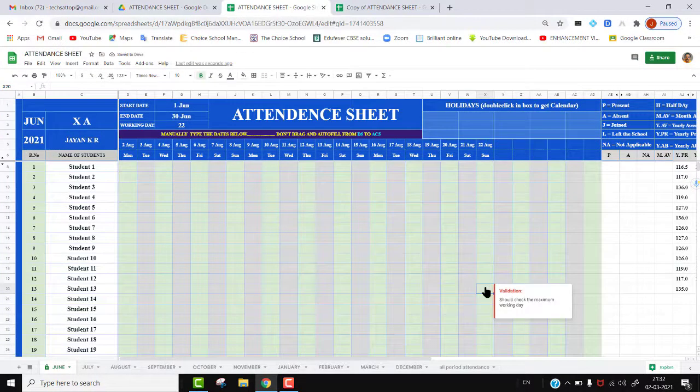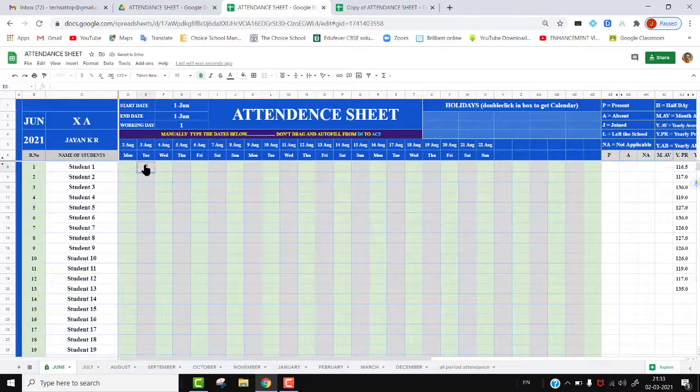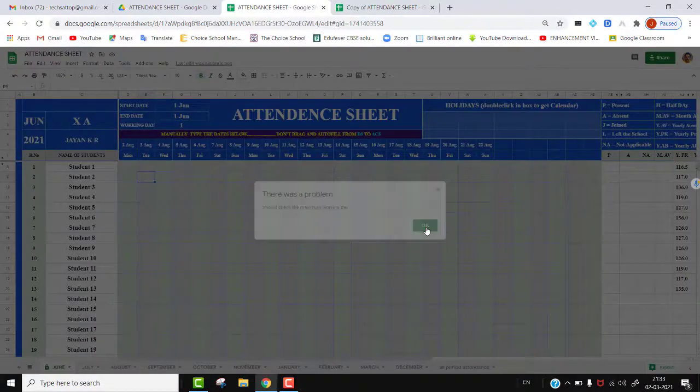The same formula we can use in the present absent marking sheet also. Same formula. So how can we do this? You have to do it in all the cells once, then you can copy to all cells. Here in the first cell, when we are marking P, it will be allowed. Why? Because it is 22. Till 22 it will be allowed. I am reducing it to only a single day, so only 1. So I cannot type here. See, it is blocked, any present or absent.